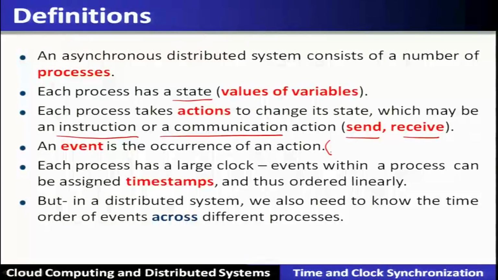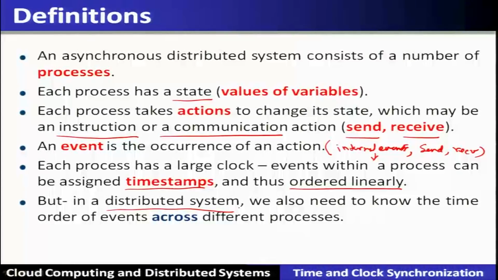So, in turn we define there are three different events in the state transitions of such a model. They are the internal events in the form of instructions, then the send of a message is an event and the receive of a message is an event. So, each process has a local clock and the events within a particular process, which are called internal events, can be assigned a timestamp of its local clock, and all the internal events are ordered linearly. But in a distributed system,